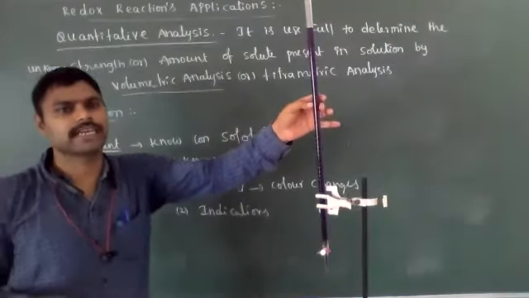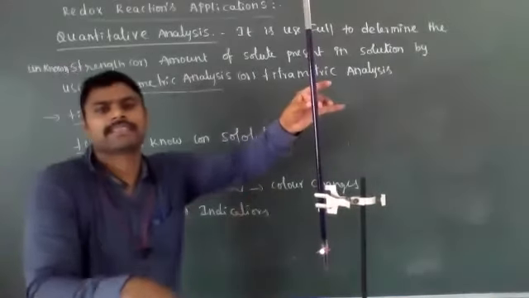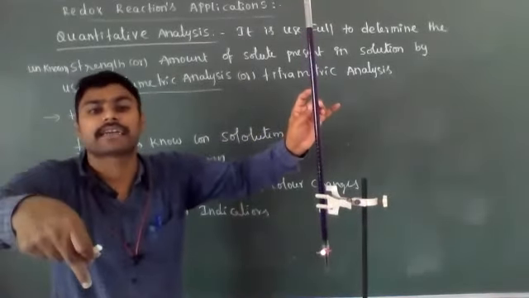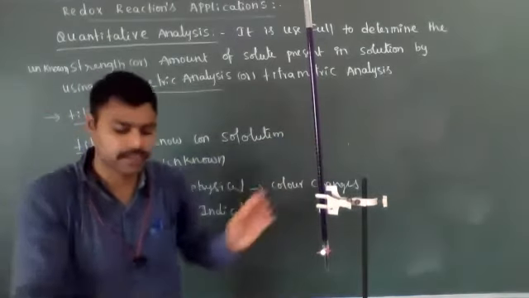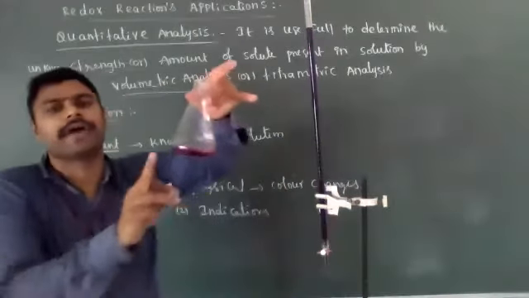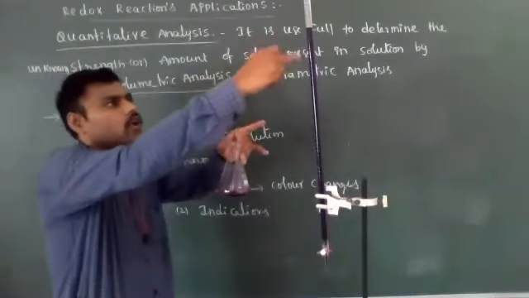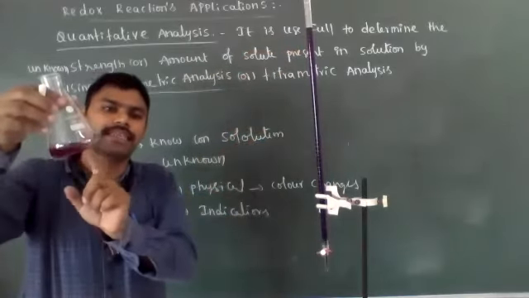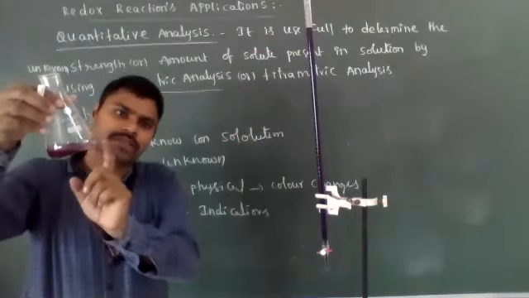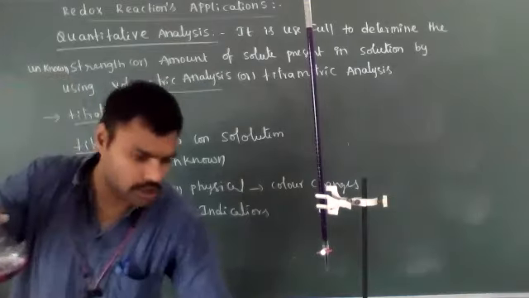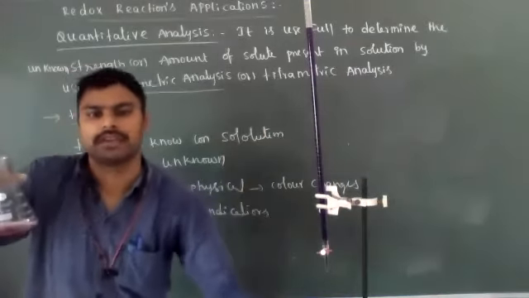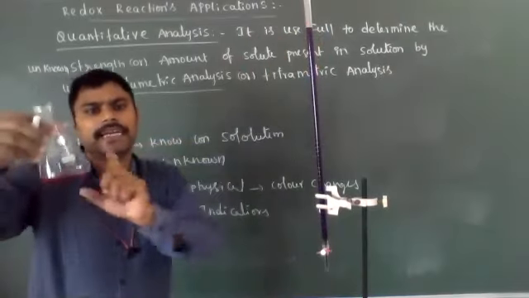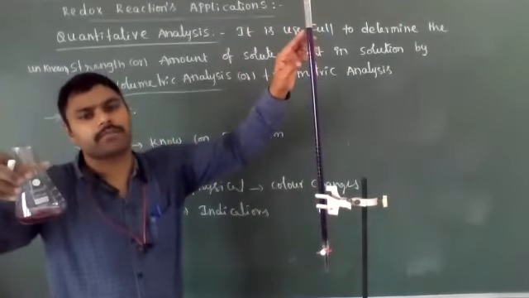So in this redox titration, KMnO4 versus oxalic acid titration, KMnO4 acts as a self indicator, and at the end point what happens? Colorless is converted into pale pink color. Then we have to count the volume of KMnO4 used. The concentration of the solution, the strength, we already know, and the volume also we know, because I used 10 ml. Here the volume we need to count out.